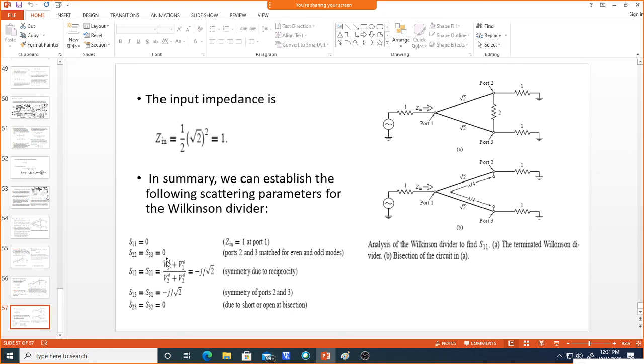S12 and S21, by using these even and odd voltages, we find the value, and S13 and S31 will again be the same, since the power delivered between port 1 and port 2 and between port 1 and port 3 is the same. That's why these matrix values are the same, and S23 and S32 are isolated,